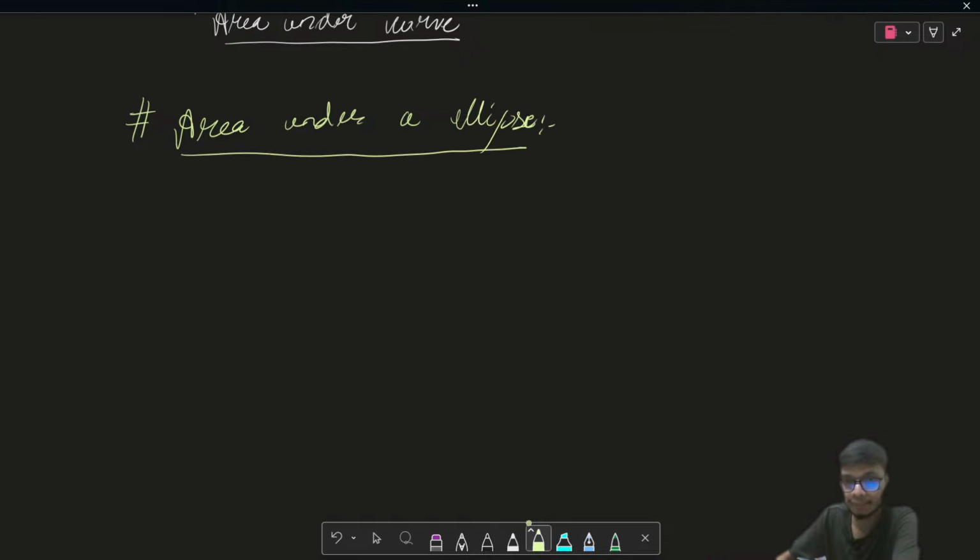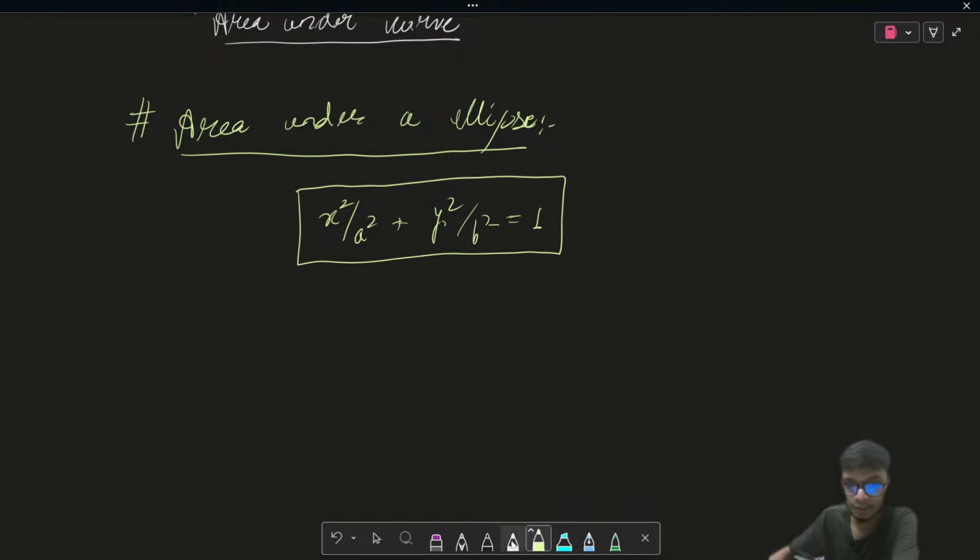Okay, area under the ellipse, right? So let me take a simple example of an ellipse, that is x squared by a squared plus y squared by b squared is equal to 1. Let me take a simple equation of an ellipse. So if I try to draw that ellipse,